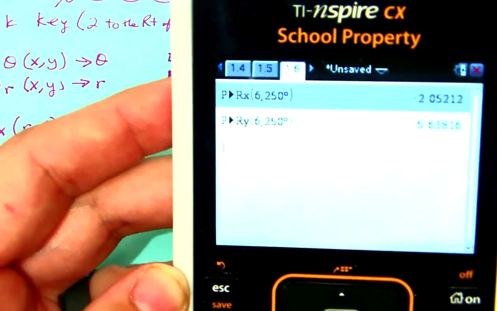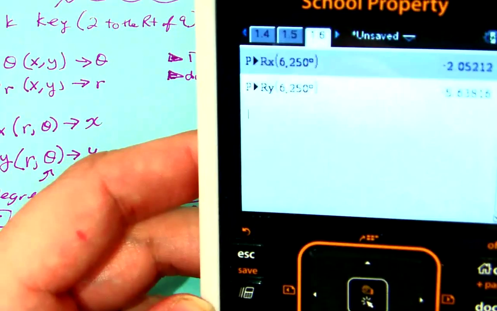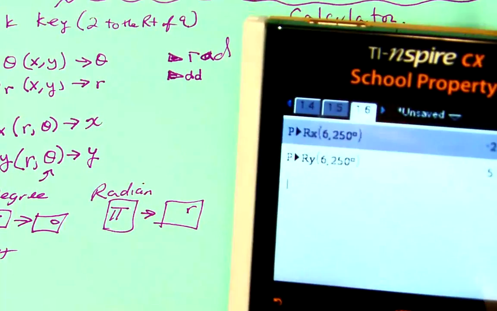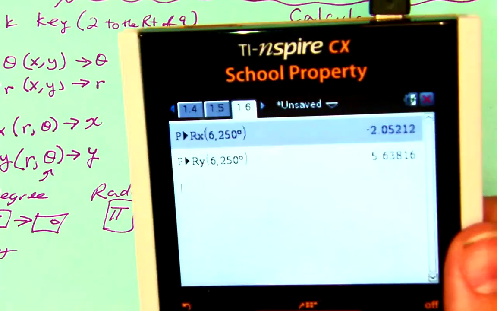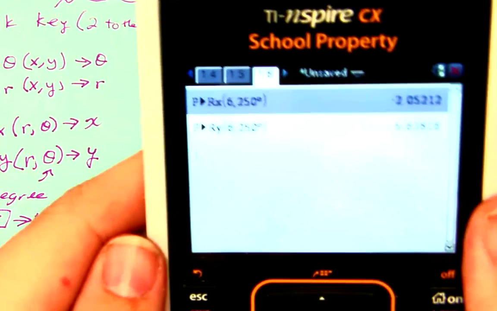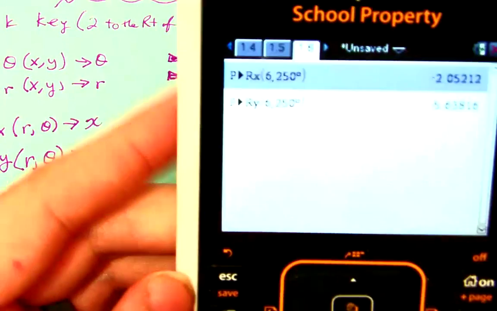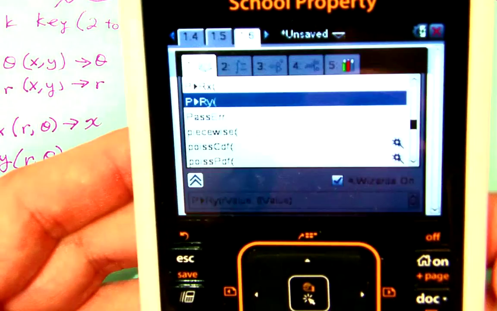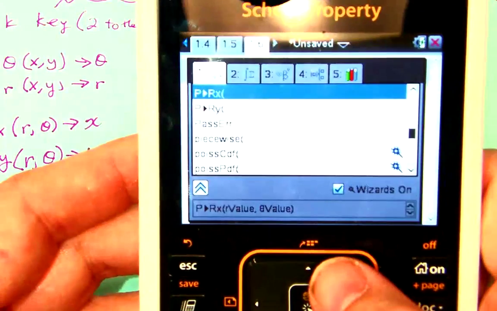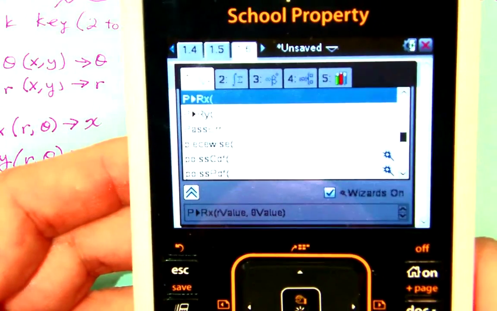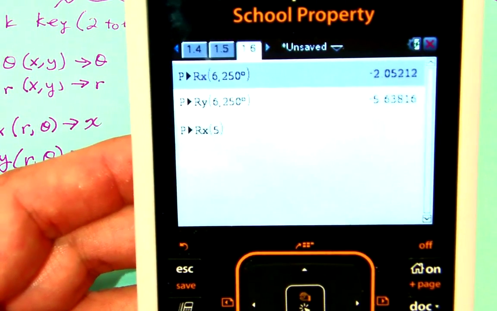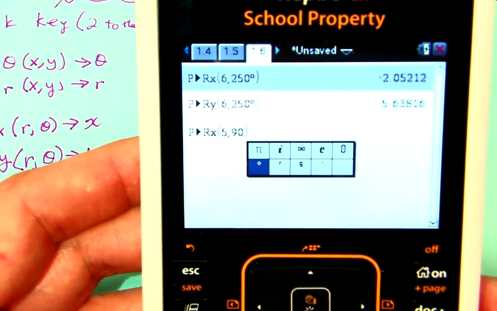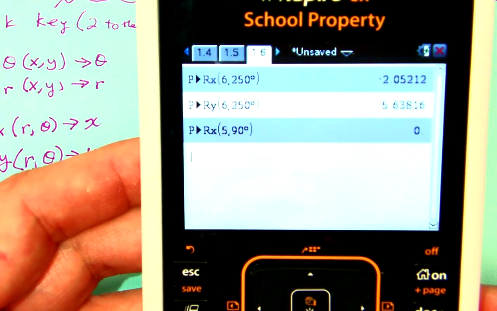Now, if I'm in radians, I'll use the radians that we know. We'll use 90 degrees because we know that the x value will be 0 and the y value will be a little bit different. Actually, the y value should be r. So let's try that. I want the x value, so I'm going to go PRX, and let's say I want 5, 90 degrees. And I got a 0, which makes sense because